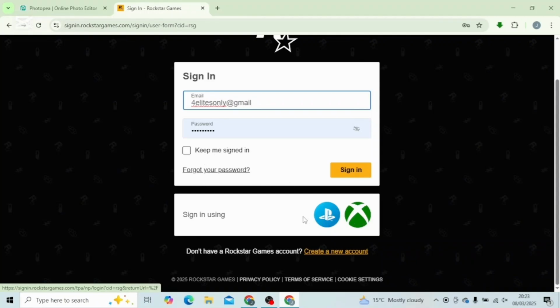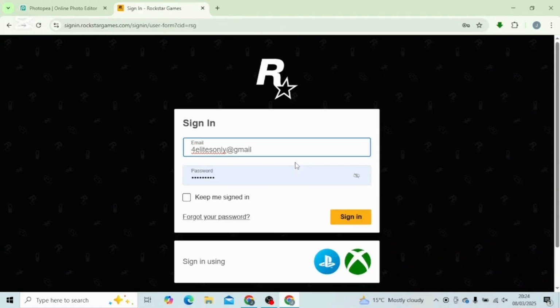And once that is done, you should be finding something like forgot your password or recover your account section. Just go ahead and click on that from your Xbox or PlayStation, and once that is done, you should be able to recover your Rockstar Social Club account by following the prompts. So that is how you do it,